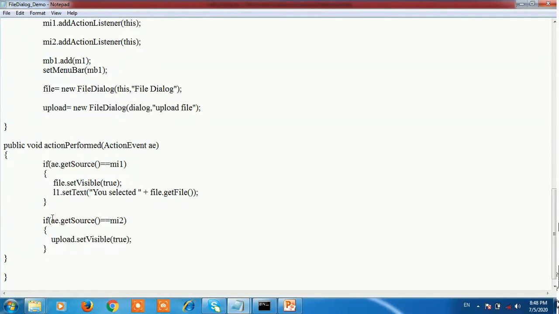After that, in the else part, for the second condition, when you click on the second menu item, that is Upload File, then this statement is executed. In that, upload.setVisible(true).